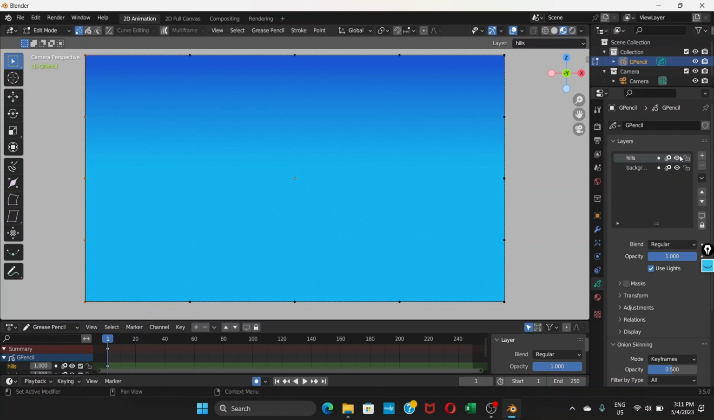Okay. So we're going to work on this. What you can do now is you can just lock this sky. I call this background, but let's say it's sky layer. So we can lock here by clicking on this lock sign. Now if you select this, you're not able to select because it's locked. So I'm going to click on hills layer